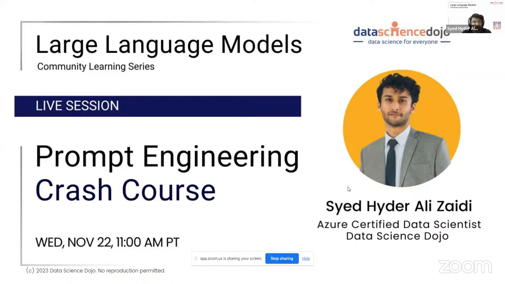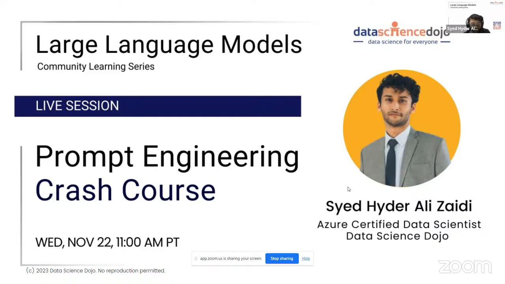Prompting is not just writing simple sentences; a good prompt can have a major impact on the response. We'll see some advanced techniques, and I have some notebooks prepared to show how we can implement them in our day-to-day LLM-powered applications.